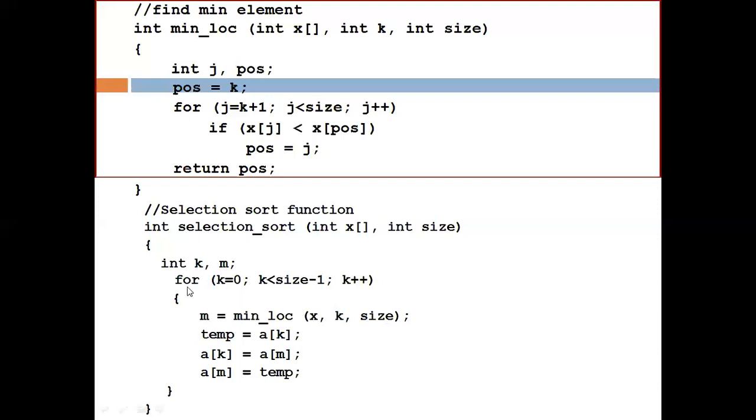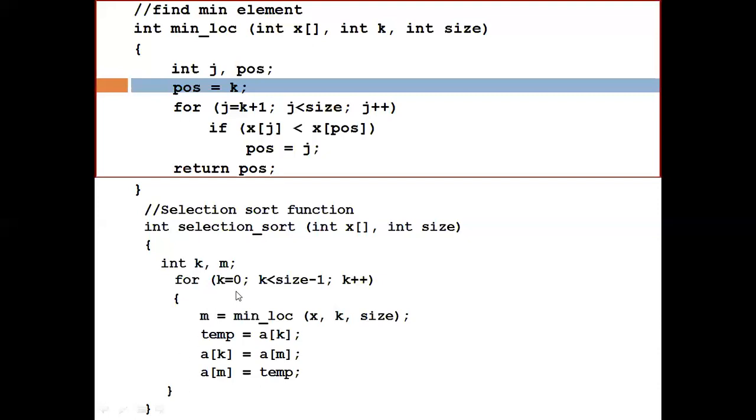So it will give the minimum. So m will have the value of the minimum element in this sublist.